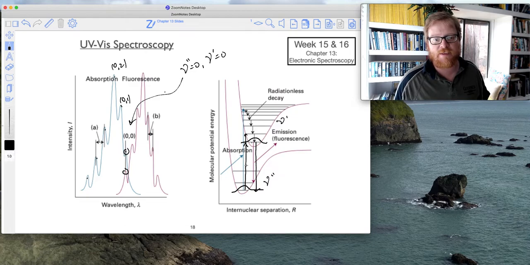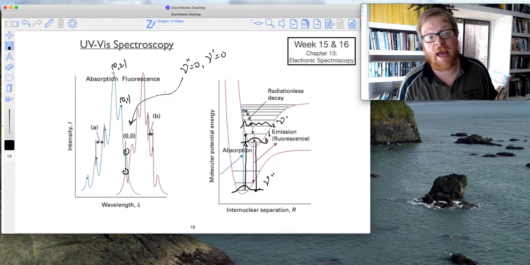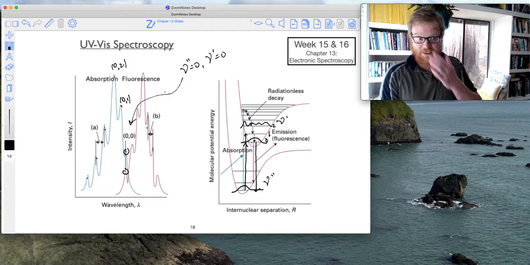And as you can see on this diagram, 0,2 definitely occurs with some nice overlap, right? So if this is level 0, 1, and 2, you can see right here definitely where it's hitting that turning point, okay? That's where it's got the best overlap. So that's where it's got the highest intensity.